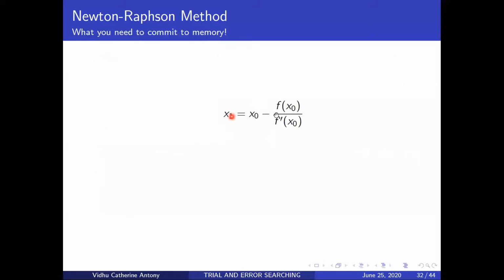Okay, so you remember we did this in the second semester. We wrote lots of programs in this. Now in this, what is the main condition that you have to look at? This is your x naught, your initial guess. This is your x1, equal to x naught minus f of x naught divided by f prime of x naught. If f prime goes to 0, then this entire thing becomes infinity. So you have to be careful that your f prime of x naught is not equal to 0. Then only will you get a good value.